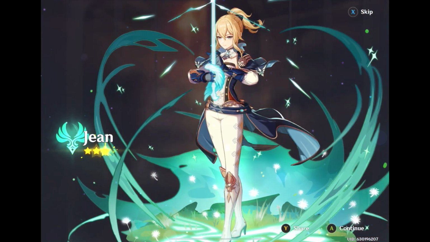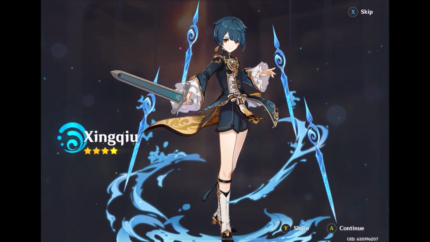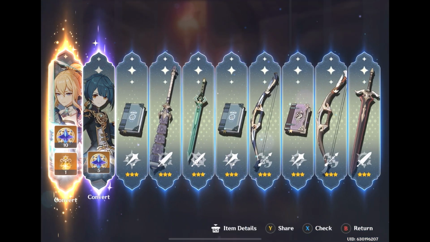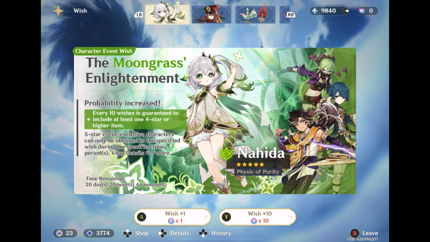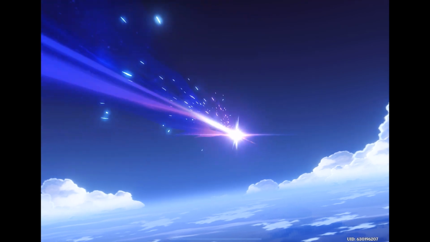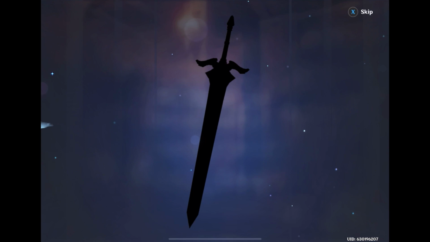And then you get Jean, and you're like, yeah, okay, sure, Jean, fine. And then you get your C12 Xingqiu at this point, I think, or whatever. I was so disappointed. I was really disappointed. And yeah, I really did not have enough wishes to guarantee me Nahida, and I could not